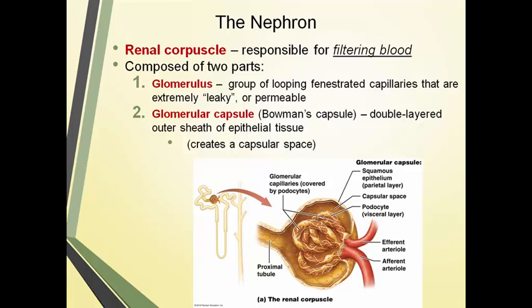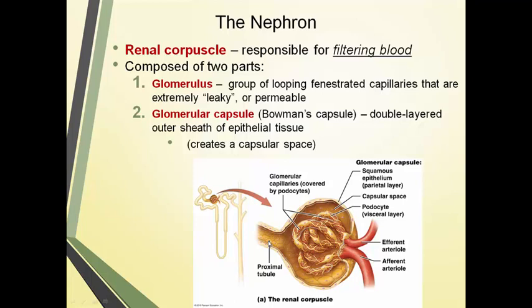Notice that the glomerulus is extremely leaky, very much permeable to all of these substances. And I mentioned earlier that it's one of the capillaries that is under the highest of pressures within the body, so it's going to force the filtration from the blood into the filtrate. Where is it going to collect? It once was called Bowman's capsule, but now I told you the area around the glomerulus within the renal corpuscle, you have the glomerular capsule, but the capsular space is there to collect all that fluid and deliver it to